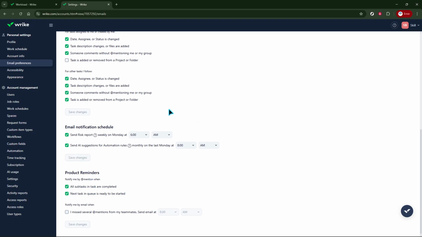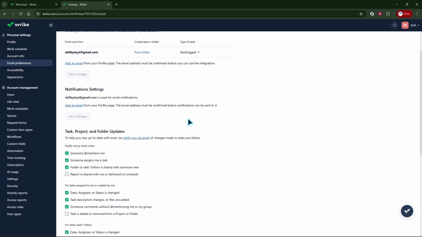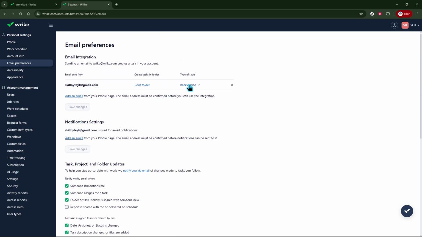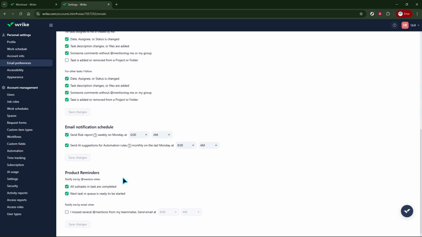receive. That's it. You accessed the sidebar, opened your profile menu, went into settings, selected email preferences, chose the notifications that matter, and saved your changes. If your needs shift as projects evolve, return to this same spot and adjust